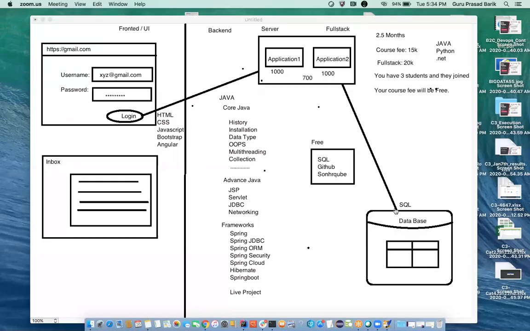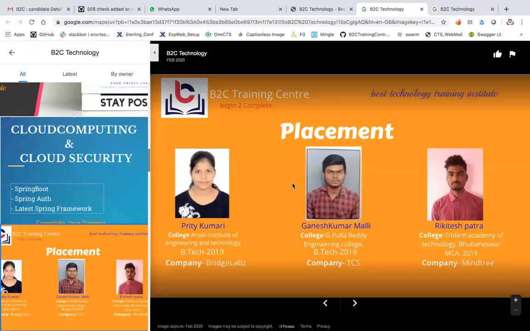Recently, these three students have been placed in this month of March. One is placed in Bridge Lab, one in TCS, and one in Mindtree. Great.